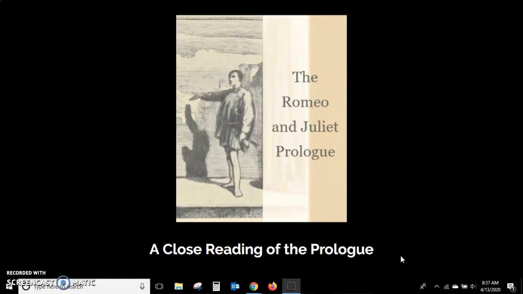scene for the audience, saying, hey, I know you're an audience here to see a play, so let me tell you a little information that'll help you along your way. We're going to examine how Shakespeare's words both summarize the play, which is what we were doing last lesson, but then also give hints to this debate of fate and free will that are evident throughout the play.